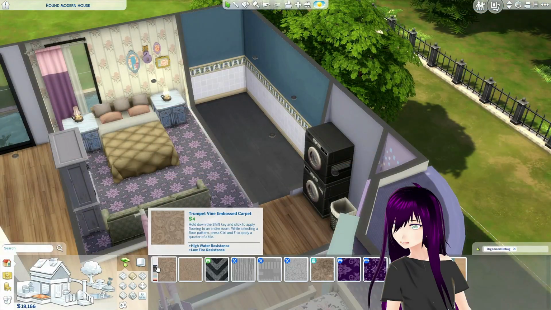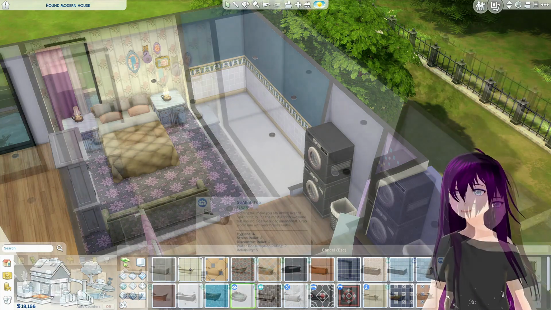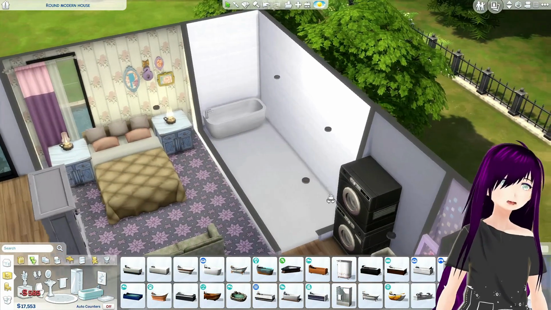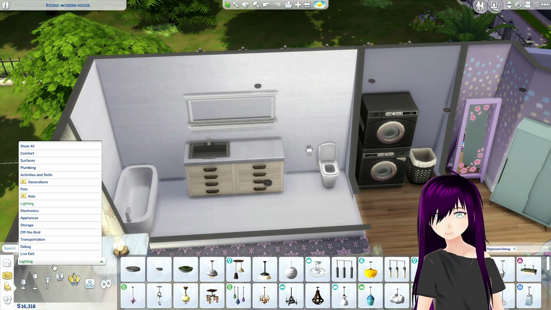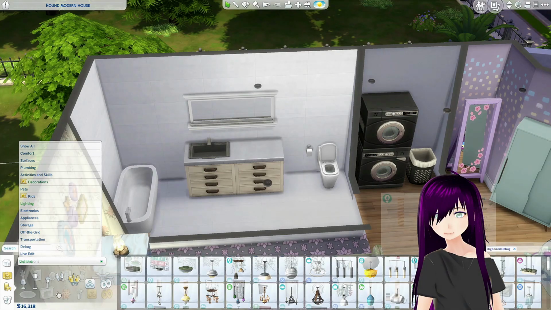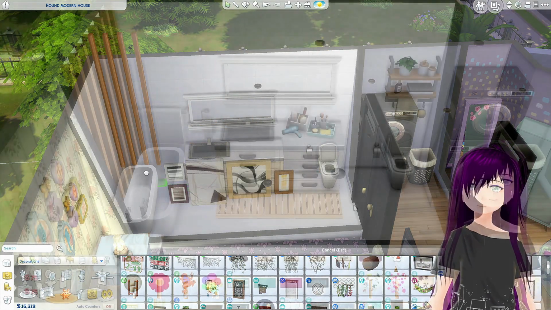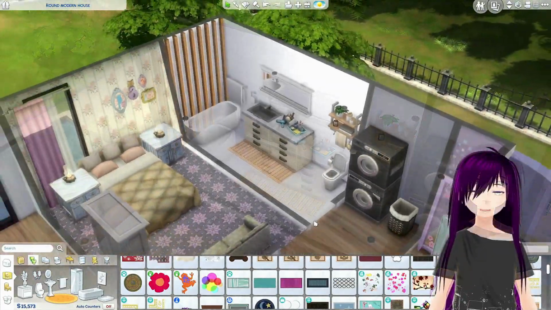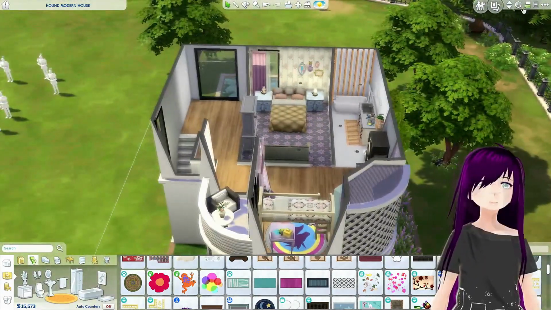Let's start with the flooring. I love this style. I saw a lot of this kind of stuff. I'm guessing it will be more of a spa day bathroom. Oh, I know what I want on the walls. Decorations. Those things for eco lifestyle. Yes. Little bamboo in here. Yeah, I like this bathroom. 2010 bathroom. And this is the house all done.